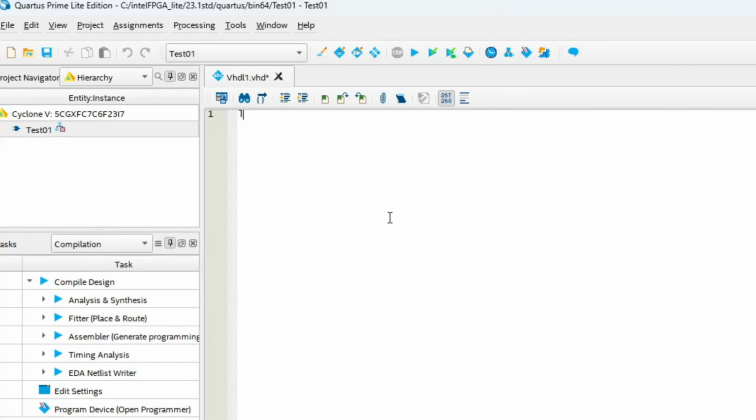Quickly type a code. So library IEEE; use IEEE.std_logic_1164.all; entity test01 is port. Suppose A is in std_logic type, B is out, and this is std_logic.